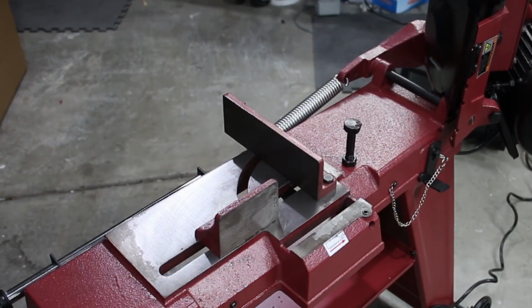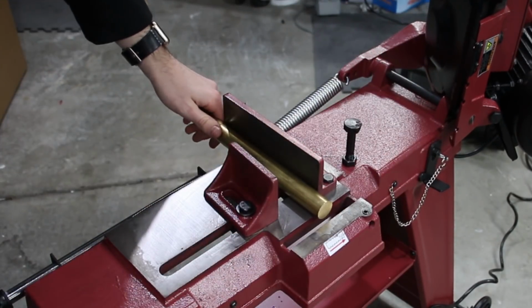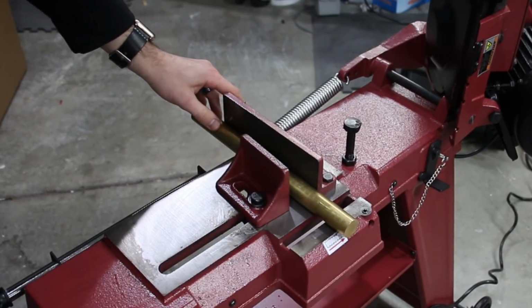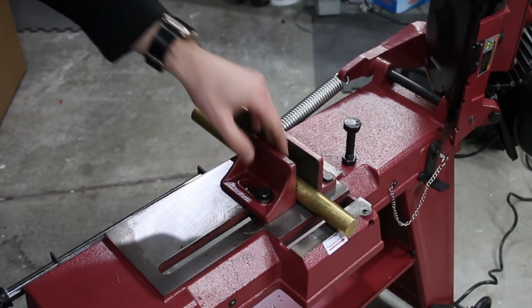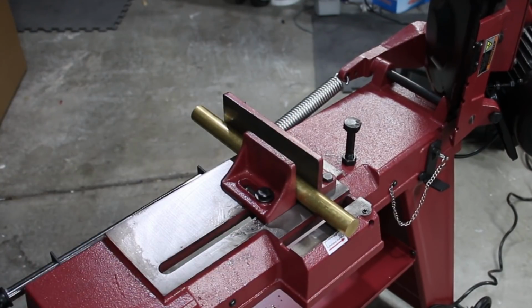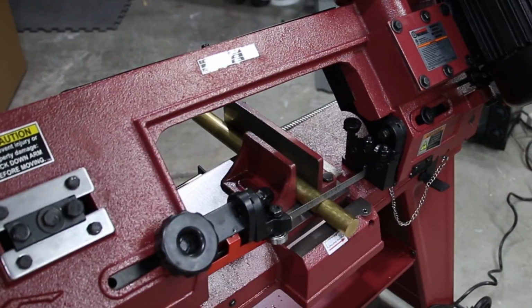In today's video, I've got another ring tutorial for you. Now this is going to be a glowstone ring, but it's going to be a bit different. In this video, we're going to start off with a solid brass rod. I thought this would make for a really interesting video because it shows all the machining processes and steps that